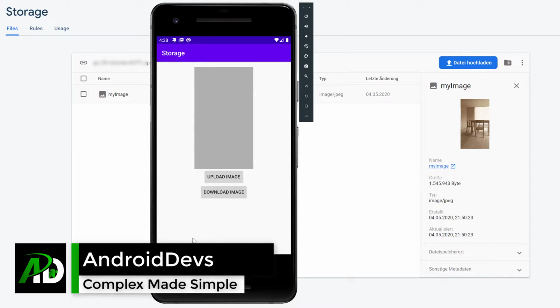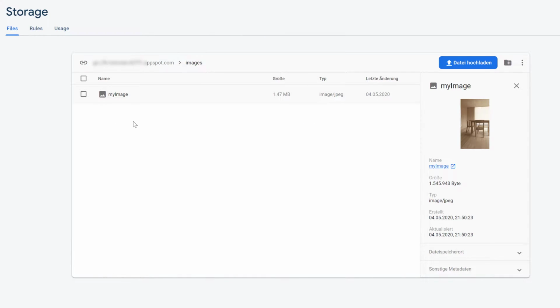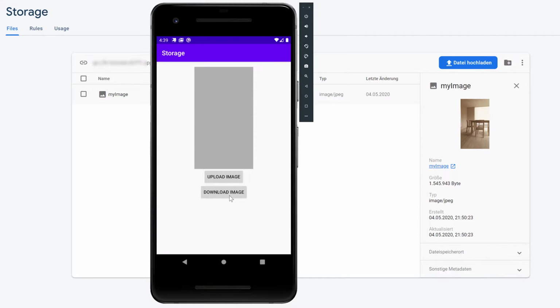In this video I will show you how we can download files from our Firebase storage. As you can see, I have the image I uploaded in the last video. When I click on download image in my app, it takes a little moment and the image will be downloaded and displayed in our image view. And this of course doesn't only work with images, it works with any kind of files you uploaded into your